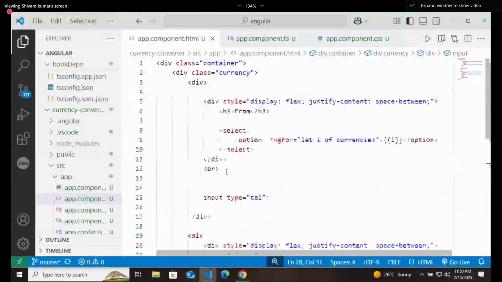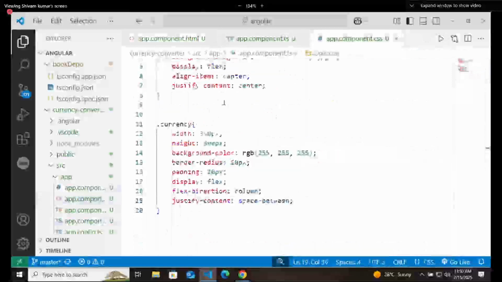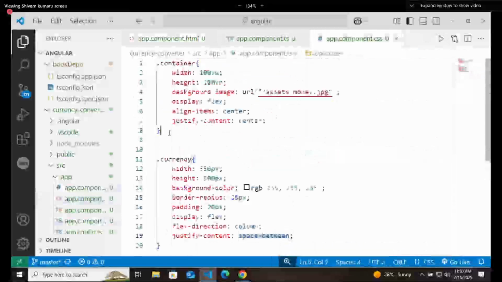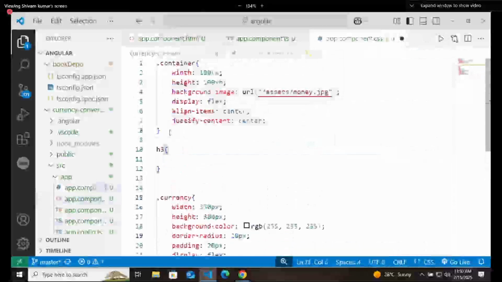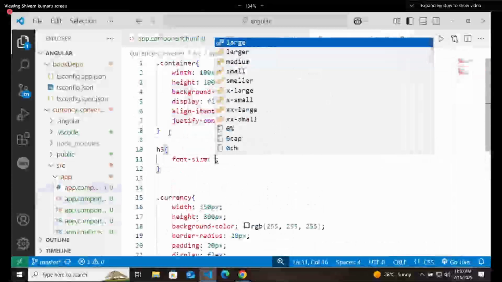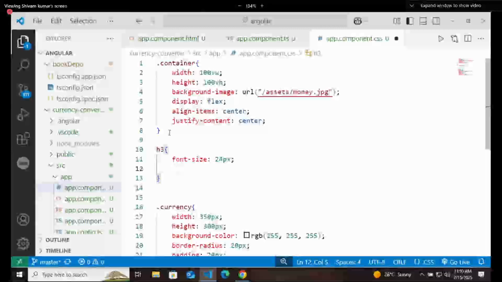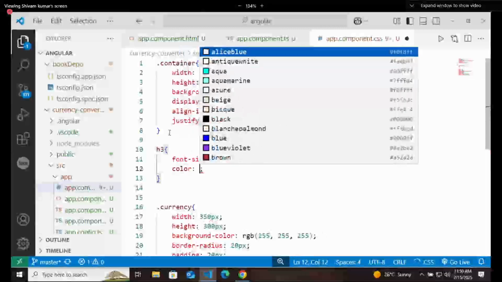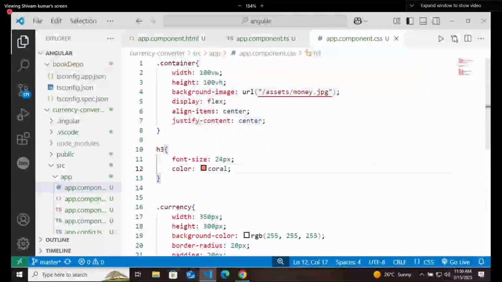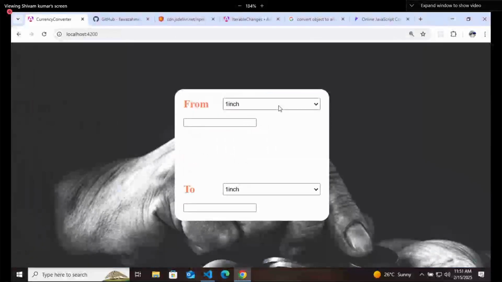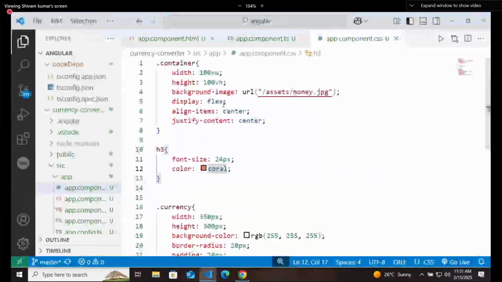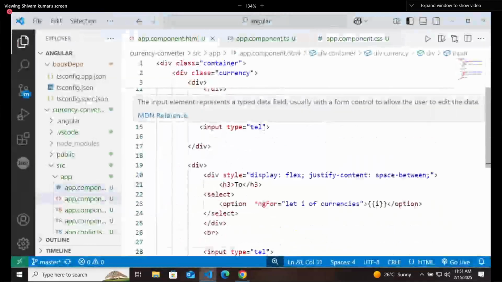First of all, we are having an h3 tag, so I will write some design to this h3 tag. The font size is going to be around 24 pixels and the color is going to be coral. For the from and to input boxes, I will give them an ID.